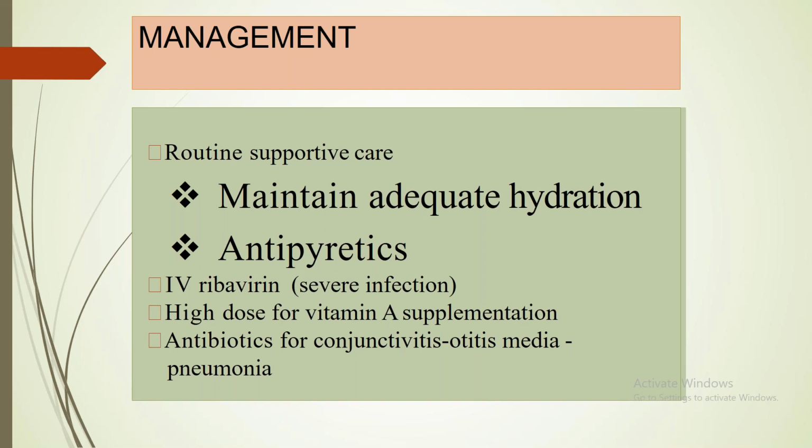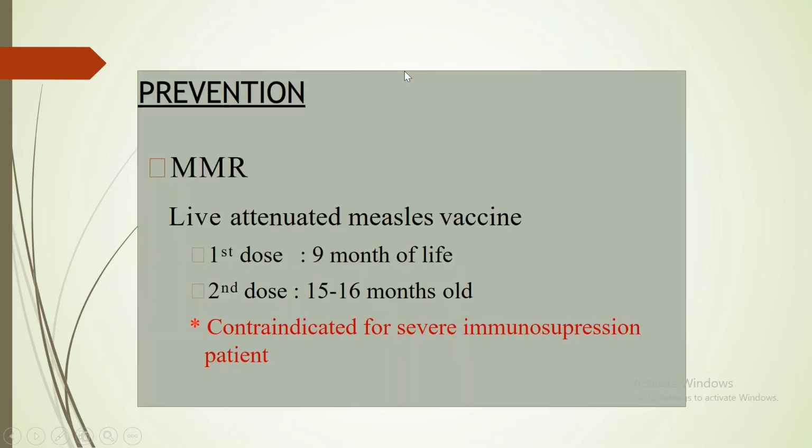And the treatment. The major treatment for all exanthematous diseases is mainly supportive, especially in children. When these diseases manifest in adults, they can be more serious and we might need specific drugs. But in children, these viral illnesses are not life-endangering. So we give more supportive treatment, and only if they get secondary infections do we treat them with antibiotics. The main treatment is to treat the fever, maintain good hydration in the child, and in measles we also give vitamin A supplementation. Treatment with antiviral drugs is generally not recommended.